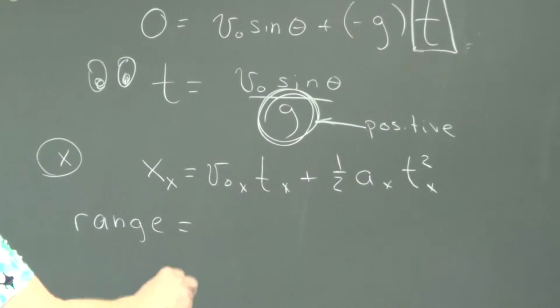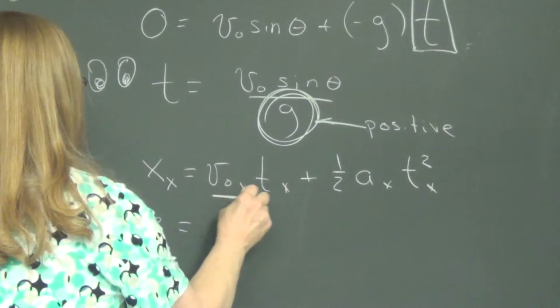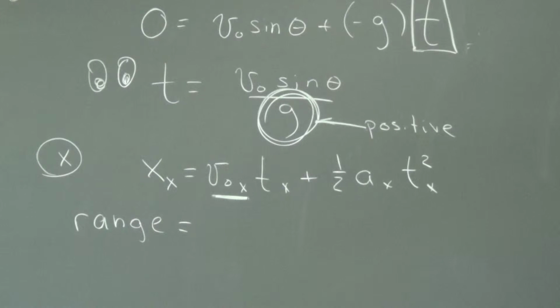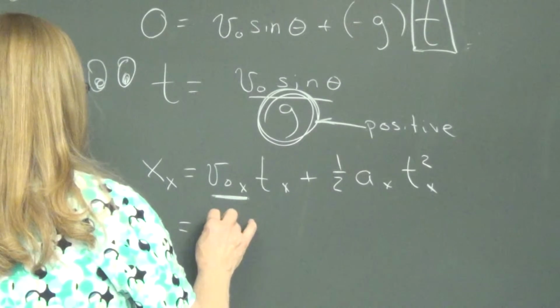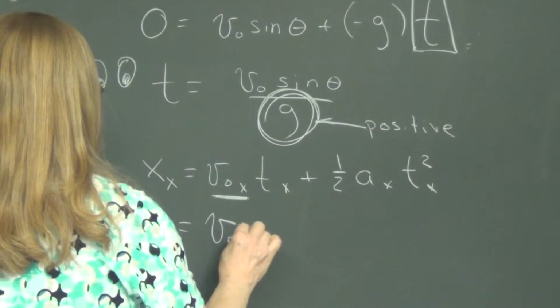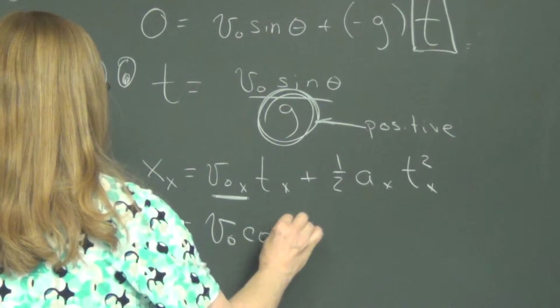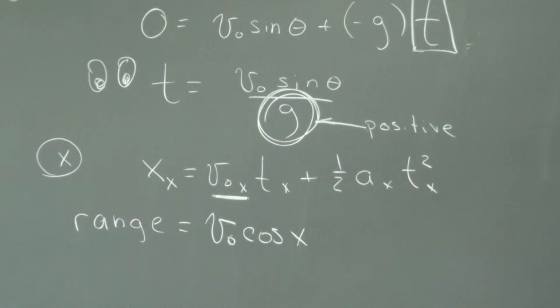All right, when we get here, can you fill this in? V sub O x. If we're going in the x direction, what can I put in? See if you can fill it in before I do. All it requires is the cosine. And then